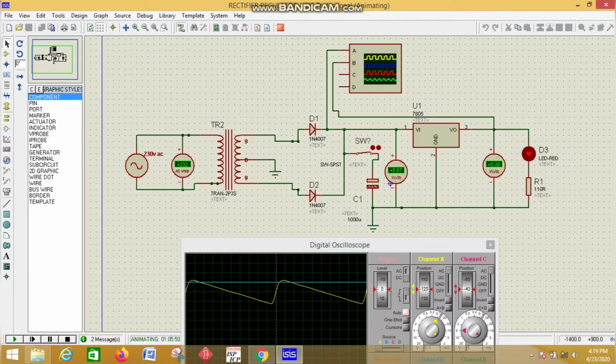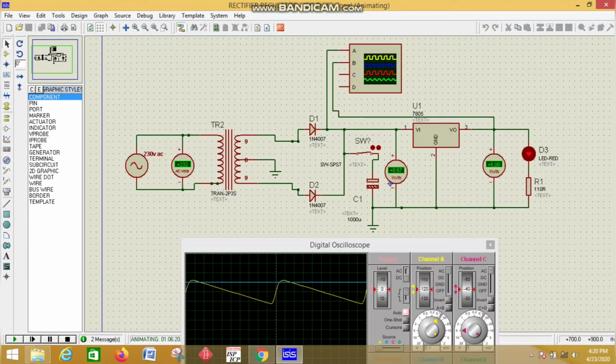Here we are using the same step down transformer, 230 V AC primary and a 9-0-9 volt secondary. Afterwards we are using a full wave rectifier, using two diodes in a center tap fashion, and then we connect a filter capacitor with the help of a switch.